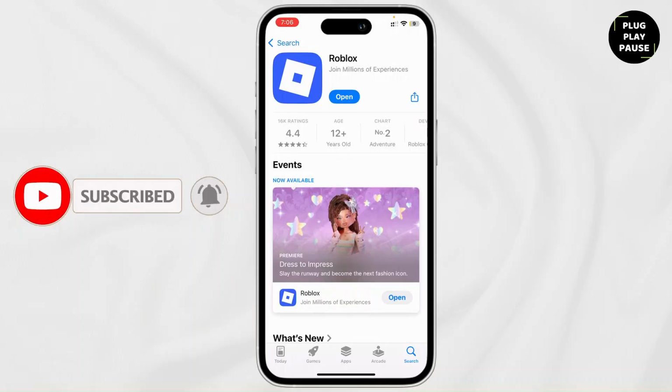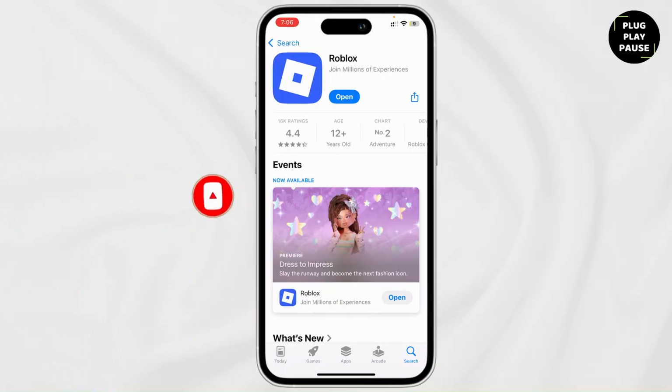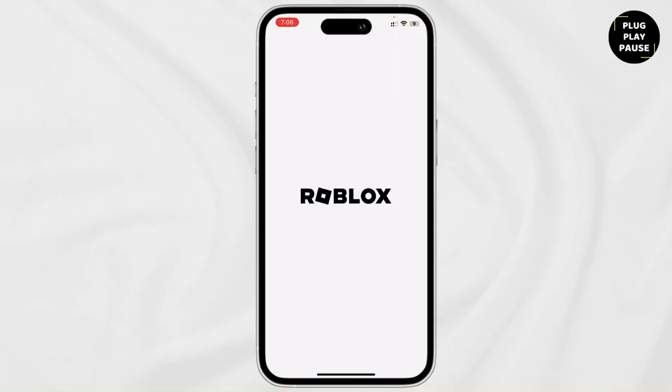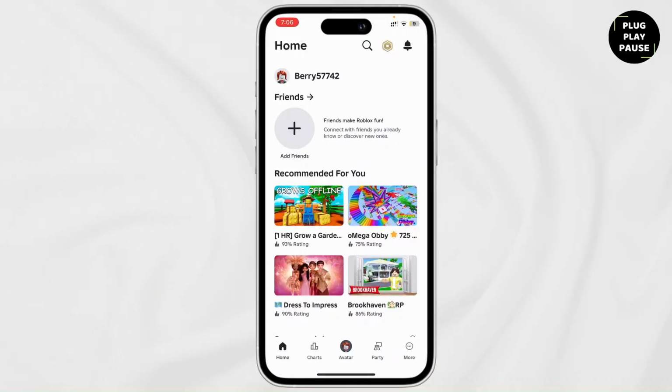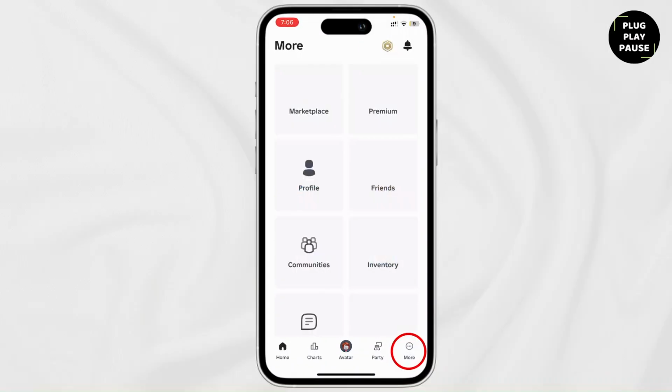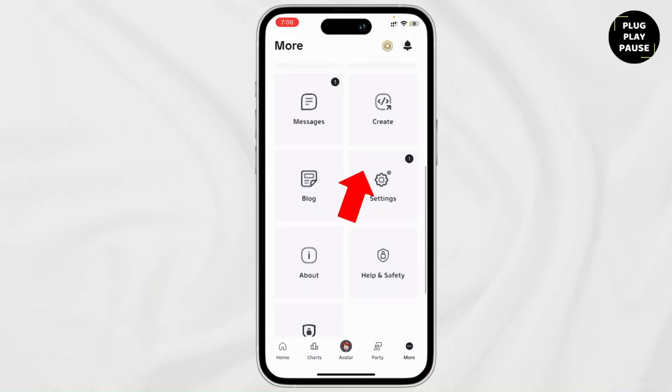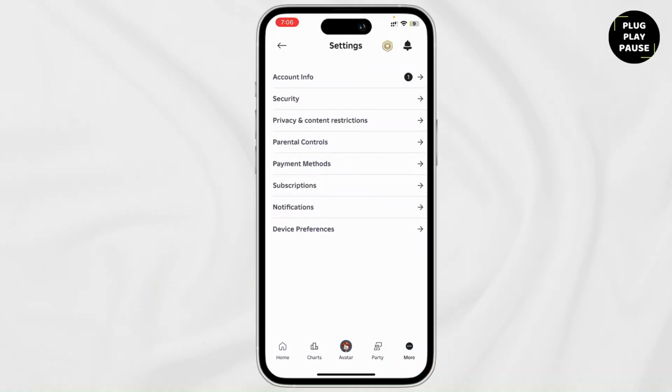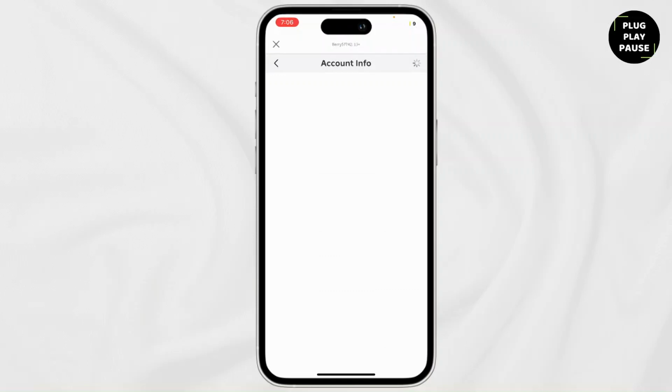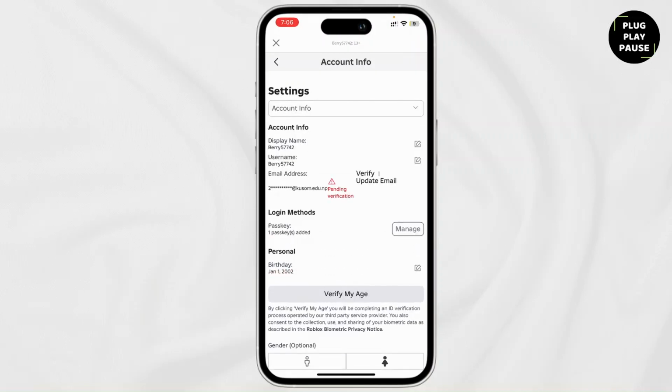So today I'm going to teach you how to verify your email in Roblox in just a few simple steps. So first things first, open up the Roblox app and then you'll have to go to your settings. For that, tap on More at the bottom, then scroll down, tap on Settings, and here you'll find Account Info. Tap on it, and here, if your email has not been verified, you'll see